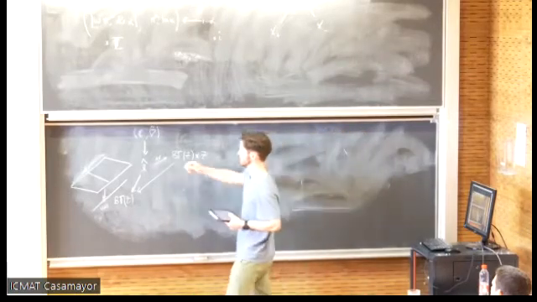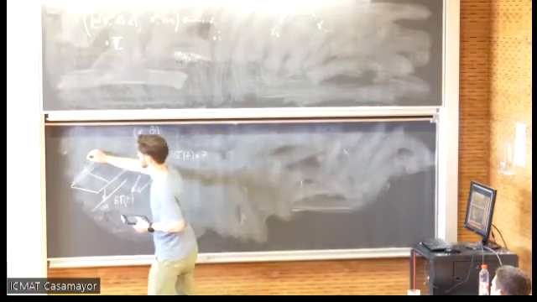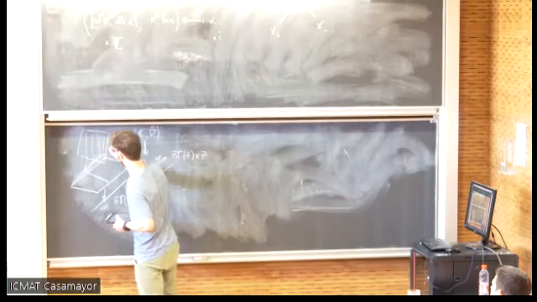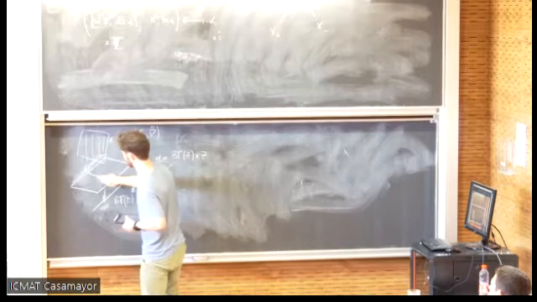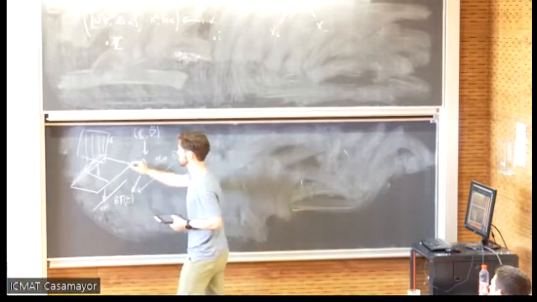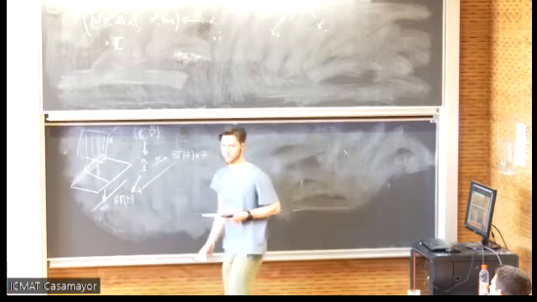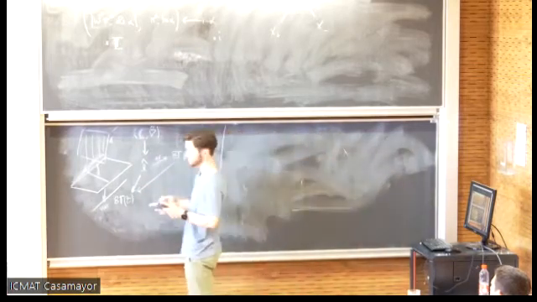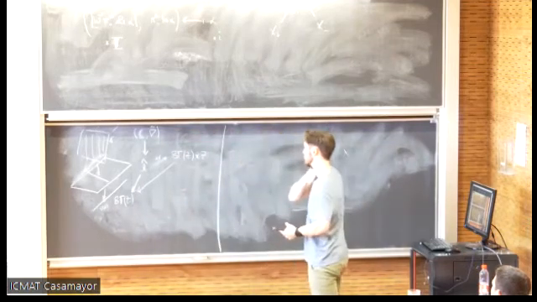So to make sense of this, I could draw this fiber. This is the copy of C over L, and this extends to a line bundle. So now to actually complete this partial connection to a full connection,